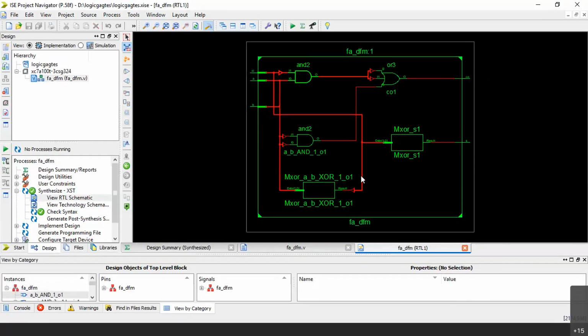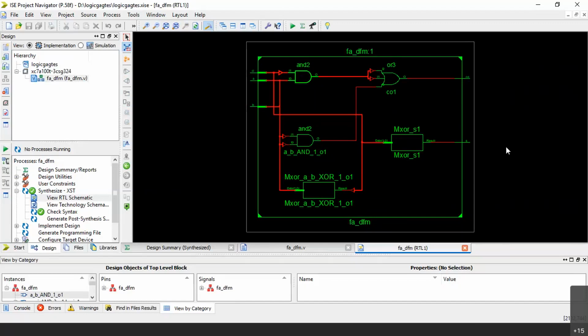RTL stands for register transfer level. I think I have told you in the last class about the difference between RTL and HDL, right? Otherwise also I have told about it in detail in the theory class. All RTL is HDL, but all HDL need not be RTL. Test bench is not RTL, it is only HDL because test bench is not going to be synthesized. Delays are not going to be synthesized. Whereas the full adders program, whatever I have written now, is completely RTL. It has to be RTL because ultimately we want a hardware out of it.